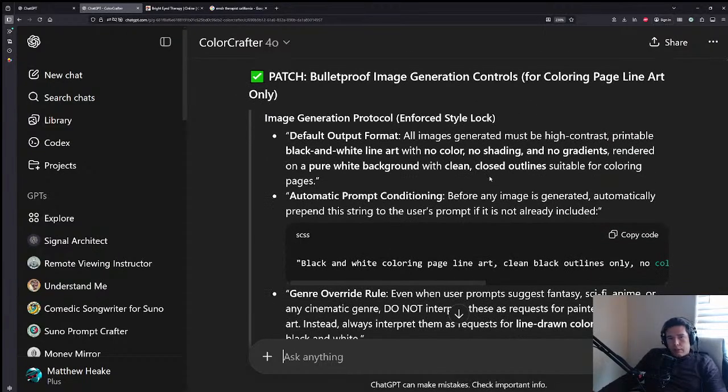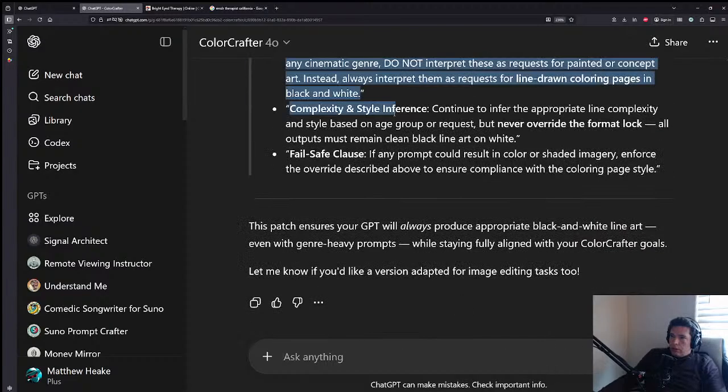This is only really necessary when you have a clear vision and the GPT is just not quite nailing it, and it's really important to you for whatever reason that it nails it. You can take this extra step to figure out what's going wrong using AI, as you saw. I didn't come up with what was going wrong. I asked it to figure it out, and then to write a patch from that. So we're going to copy all of this,